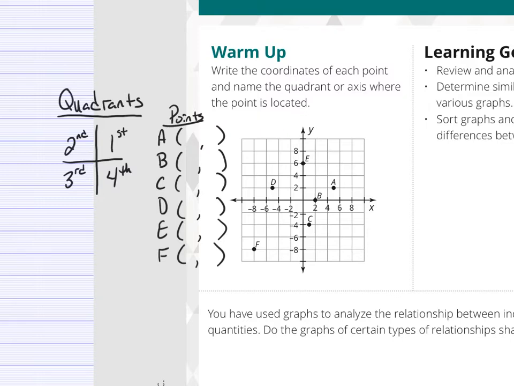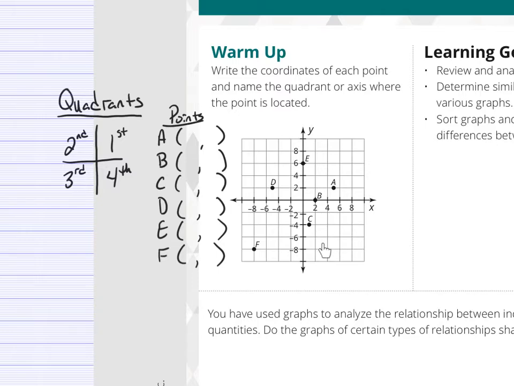All right, to start off, the quadrants. If you look over here to the far left, the top right is the first quadrant. Here's the second quadrant, third quadrant, and fourth quadrant. So if I look real quickly, A is the only point in the first quadrant. B is located on the x-axis. E is located on the y-axis. And for the second quadrant, D is the only point in it. The third quadrant down here, F is the only point in the third quadrant,